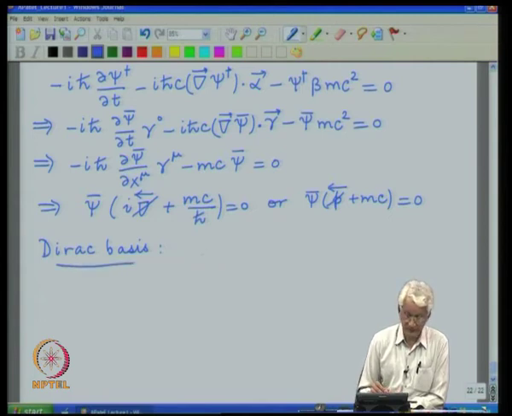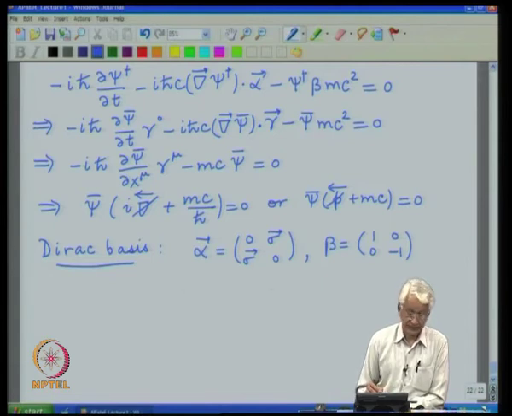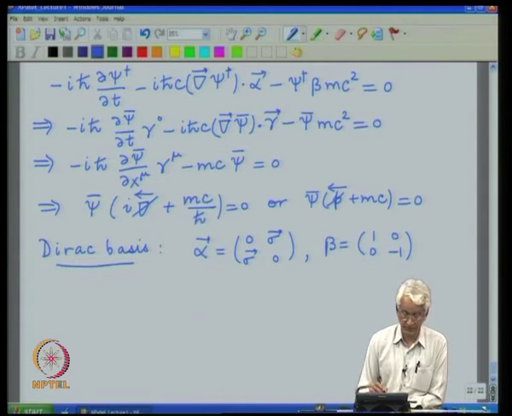for the matrices, which is written in terms of Pauli matrices as this particular combination, where each entry here corresponds to a 2 by 2 matrix, and the overall matrices are 4 by 4 matrices, and the zeros are conveniently placed. So, one can decouple the components in taking the non-relativistic limit.